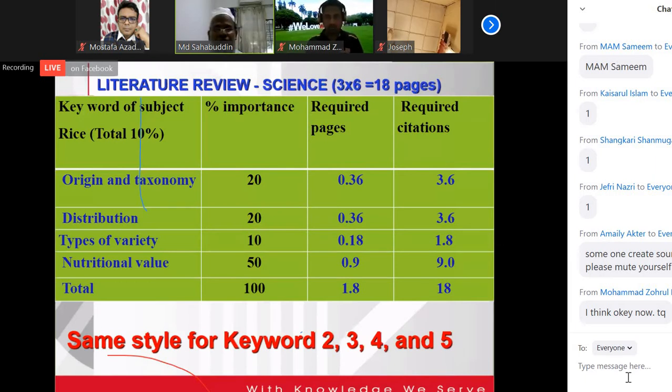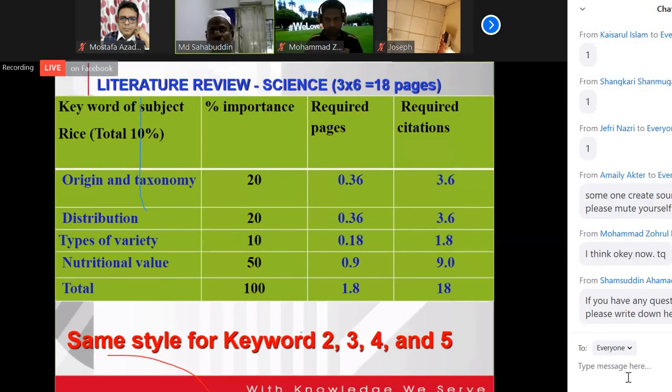So now on this page, how we can prepare the literature review. Literature review means actually all introductions are literature review, but literature reviews are not introductions. All introductions are literature review, while literature review is not introduction. That means literature review is nothing but a source of the introduction part.